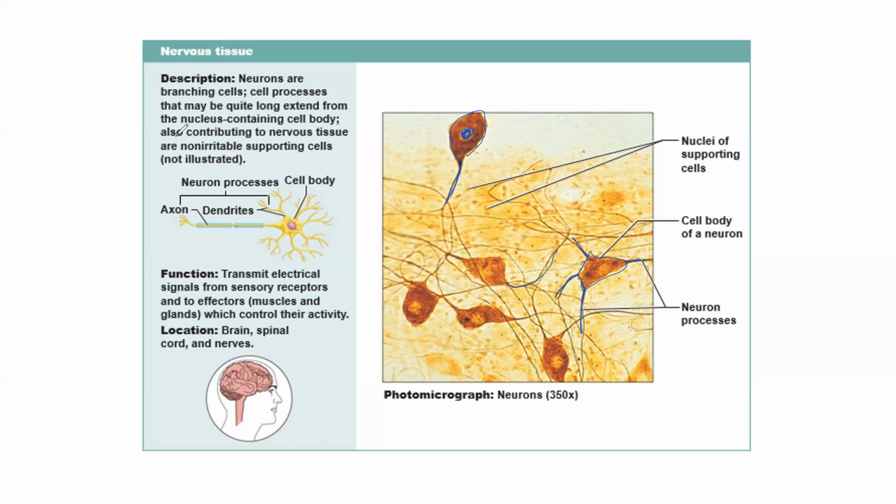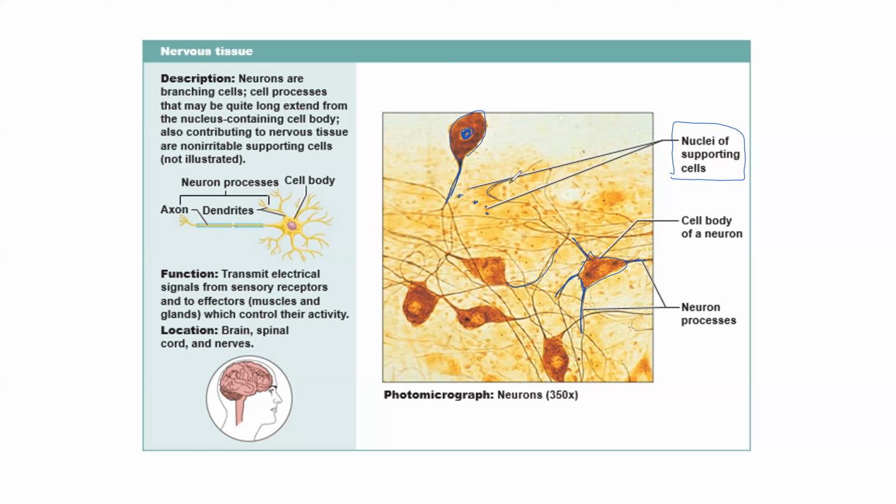Also contributing to nervous tissue are non-irritable supporting cells that are not illustrated. Yeah, they are illustrated. Here are our supporting cells, the cells between your large neurons. So nervous tissue is characterized by the presence of large cells that we call neurons,